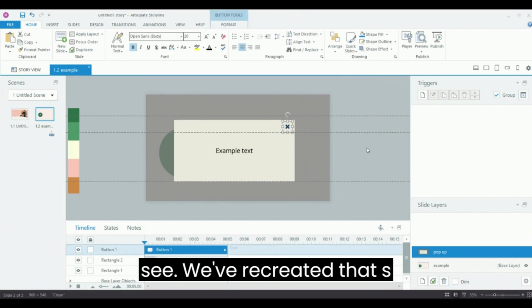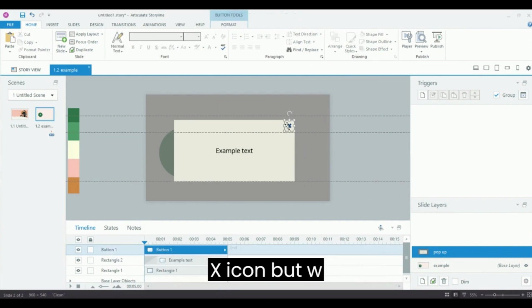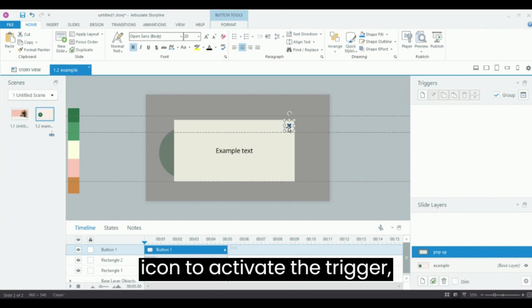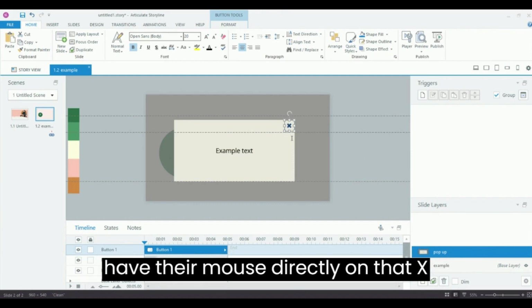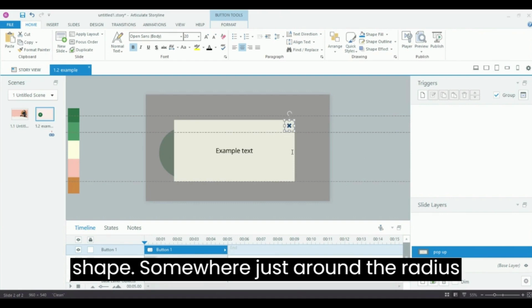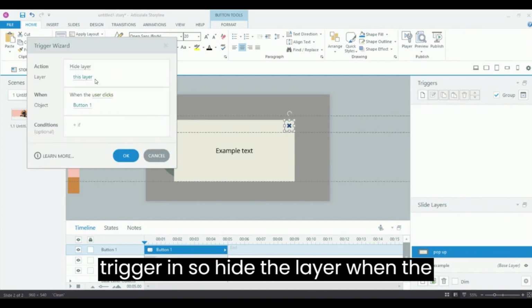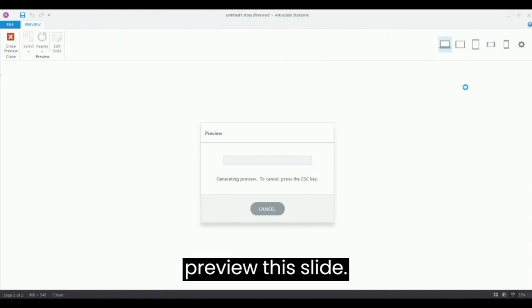And as you can see, we've recreated that same effect as having our X icon, but we've created a bigger radius around the icon to activate the trigger, meaning that the learner doesn't have to have their mouse directly on that X shape. Somewhere just around the radius or the vicinity of that shape will be good enough. So let's just add our trigger in. So hide the layer when the user clicks button 1. And if we just preview this slide,